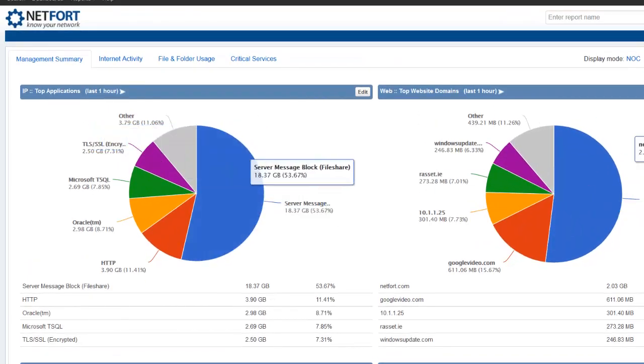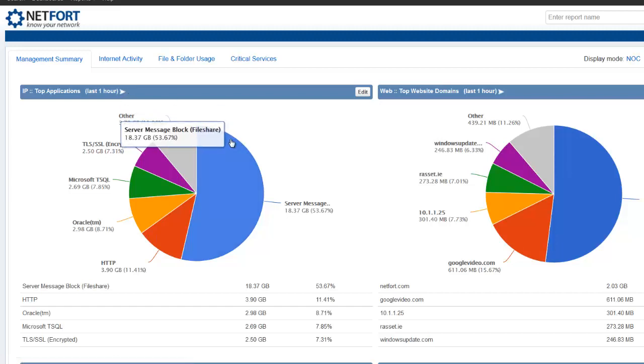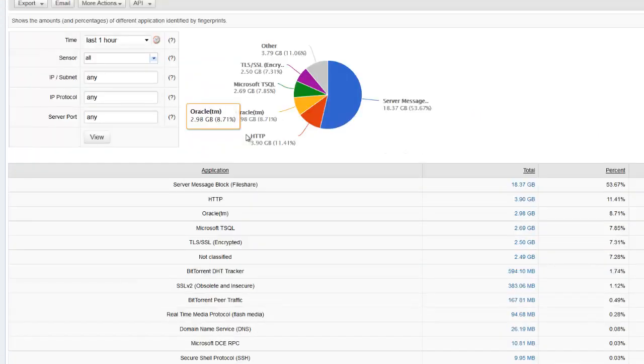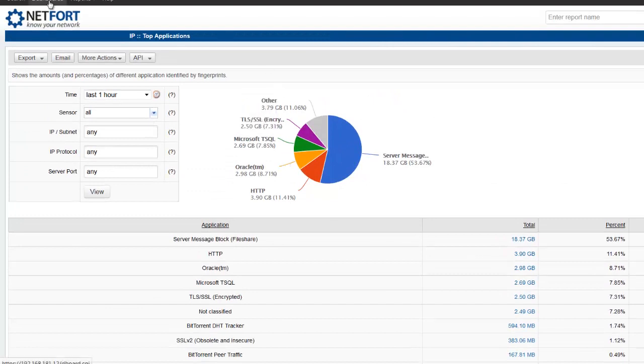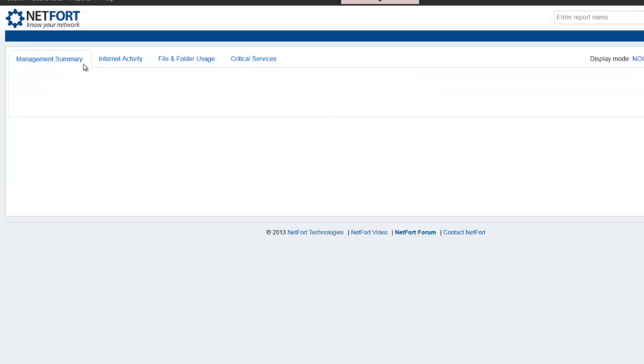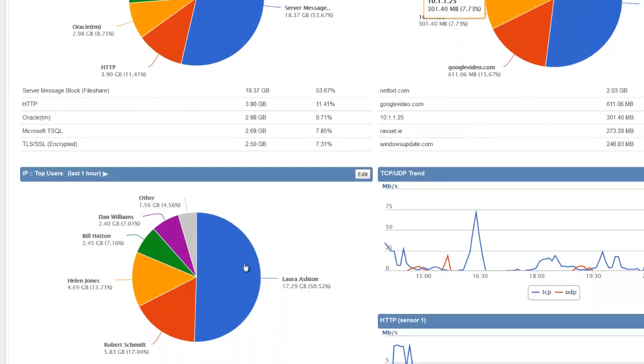Another thing to point out on the dashboard, the elements only show the top 5 outputs from the reports. You can click on this arrow here and that'll actually run the report. So if you want to get the entire listing, just click on that and the report is run. So there we get all the information from that report, and then click the logo or click dashboards to go back. I certainly would recommend something like a management summary, with top applications, top domains, maybe top users,